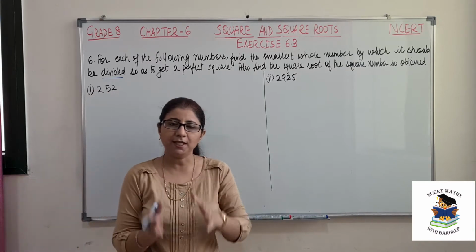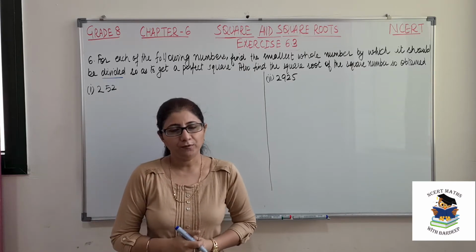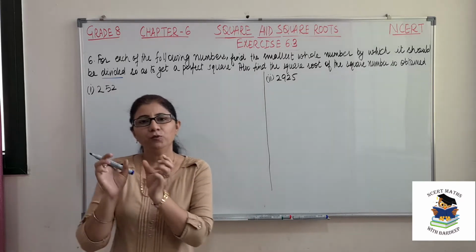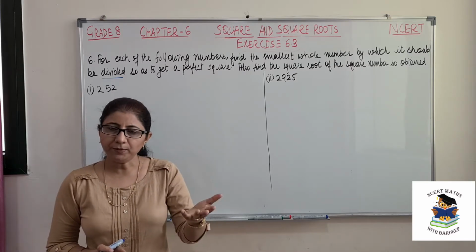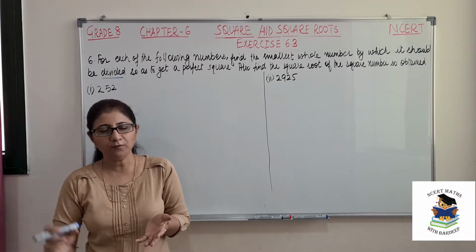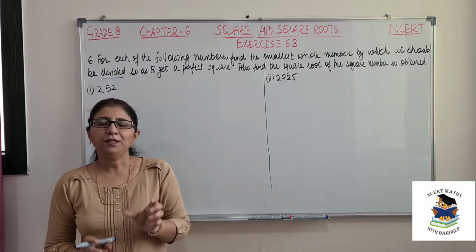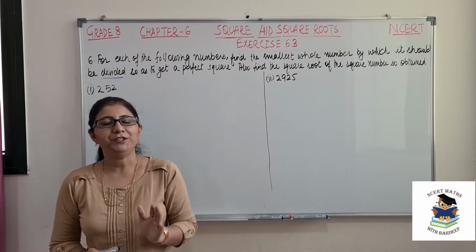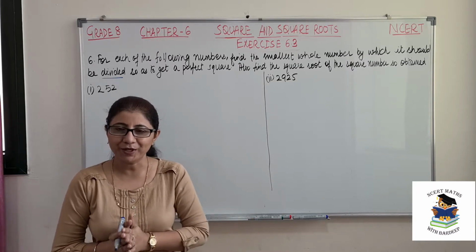So this means we will do the same thing now as we did in our previous question. First we will do prime factorization, then we will pair the factors and see which factor is not in a pair. In the previous question, when you had to multiply, the factor which is not in a pair, that same factor we multiplied again. But now in division we will do the same thing, but we will divide by that factor which is not in a pair. After doing that we will find our new number and then the square root of that number.